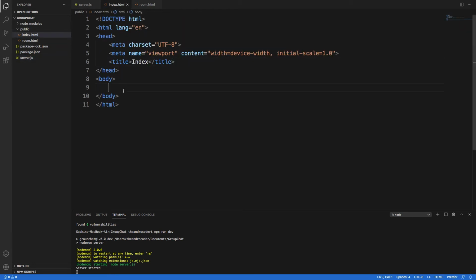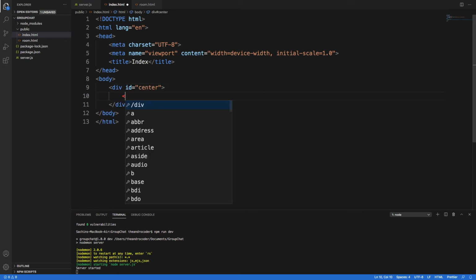So in the index.html page, let's start with the index.html. So it's a very small HTML, that is div and id as center, a paragraph with class as header, join room,